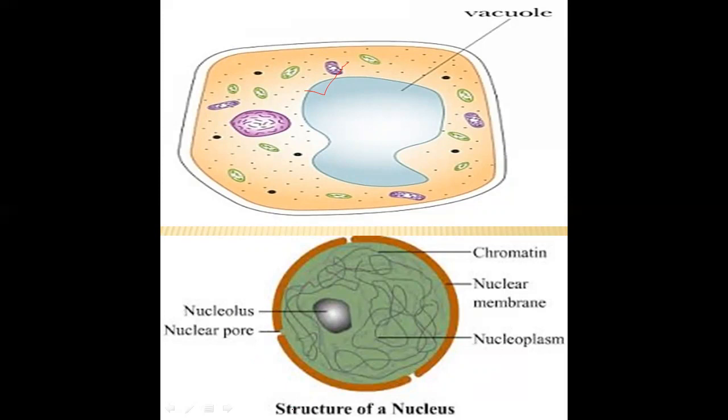Now take a look at this structure, that is the nucleus. Actually the cell is not drawn there, just the nucleus. You see these are nuclear pores, and things come in and out, and this nucleus has different functions, like formation of ribosomes. This is chromatin material. Chromatin's other name is chromosomes, and chromosomes we can see under the microscope. That is the nuclear membrane, and that is nucleoplasm. Like cytoplasm, we have a gel-like substance in the nucleus as well.